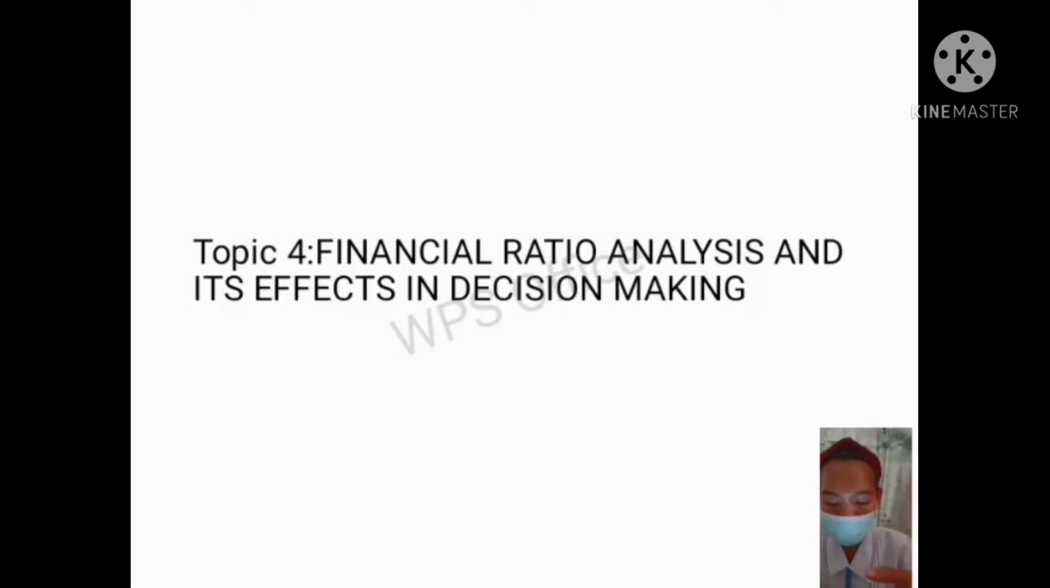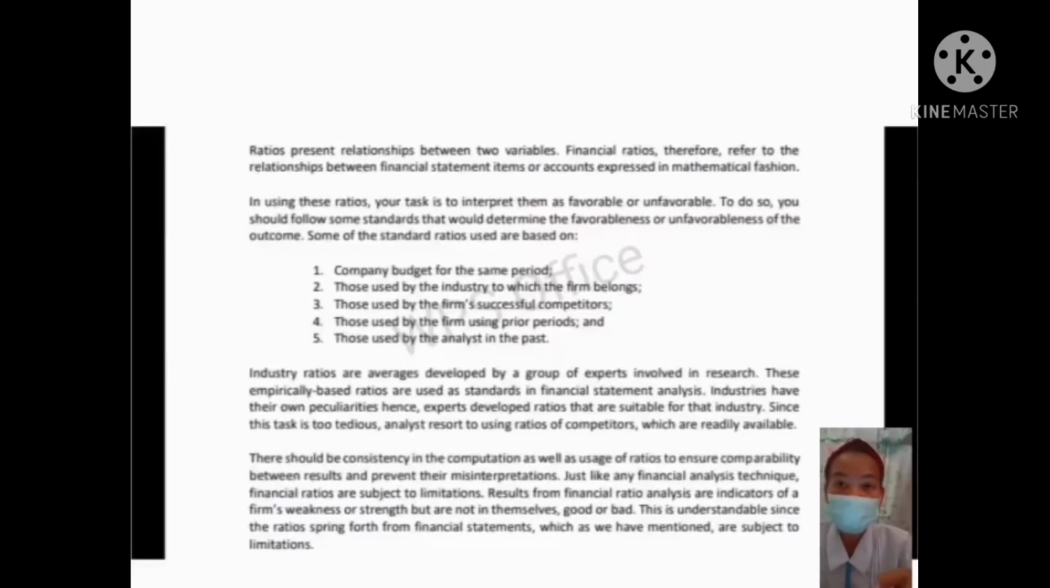Ratio analysis and its effect on decision making. When we say ratios, we mean the relationship between two variables. Financial ratios refer to the relationship between financial statement items or accounts expressed in mathematical fashion. Using these ratios, your task is to interpret them as favorable or unfavorable. To do so, you should follow some standards that would determine the